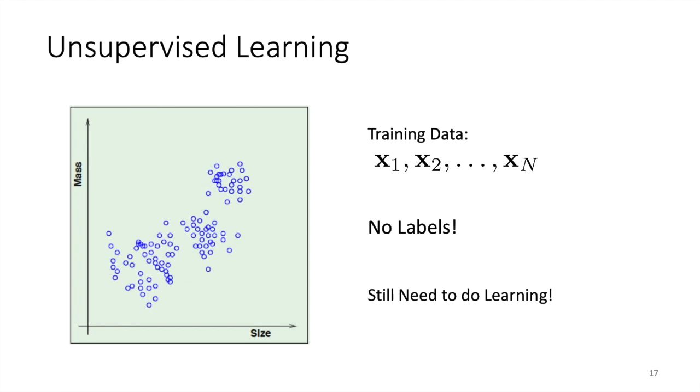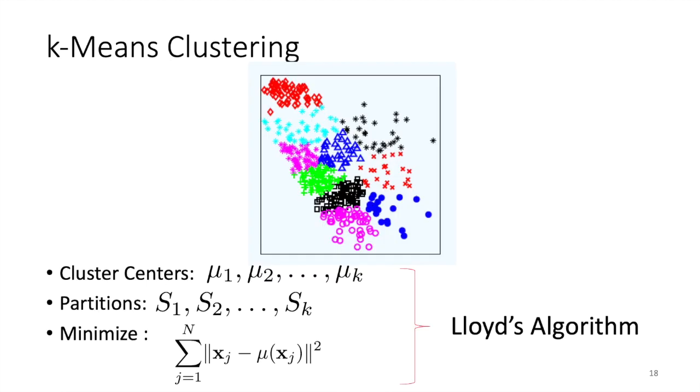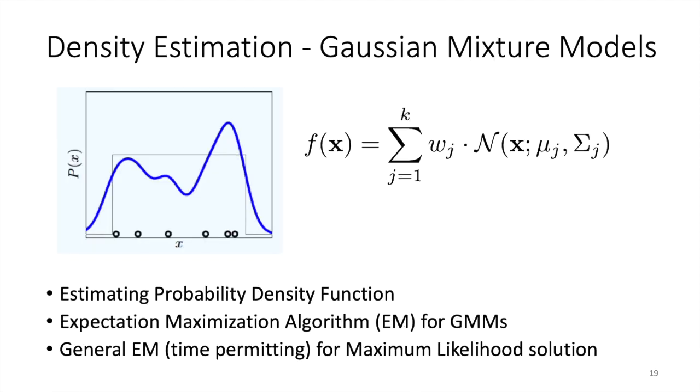After your midterm, you're going to start seeing some unsupervised learning. As I mentioned before, suppose you have a number of data points that you don't have any labels for, so that's why it's all blue. There are a number of techniques you can use in order to cluster or gain some information out of those data. You're going to see k-means clustering, how we're going to cluster them into n clusters. Also you're going to learn about density estimation, how we're going to estimate the density of the samples.